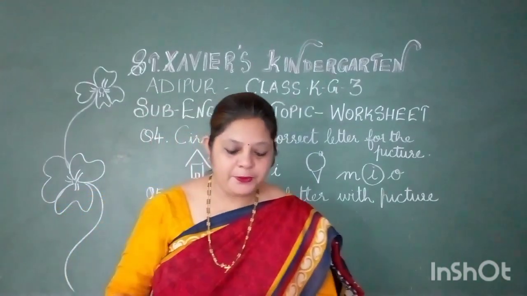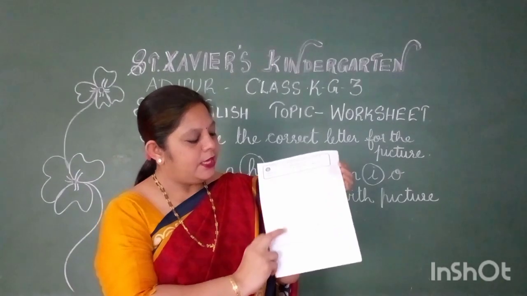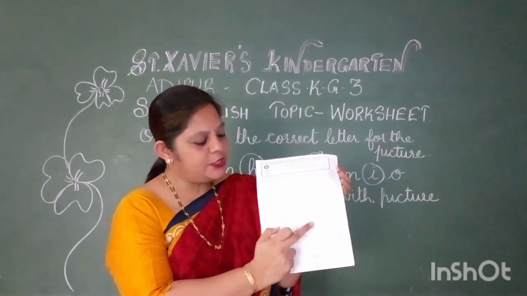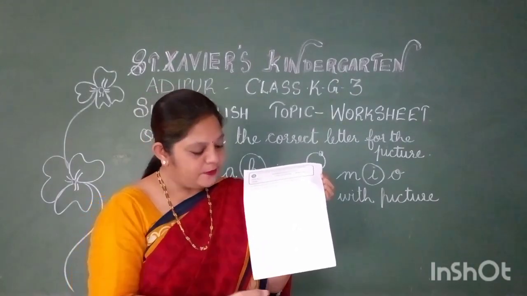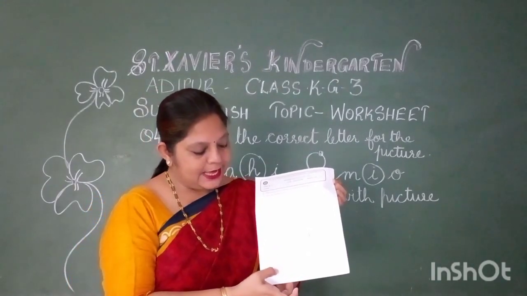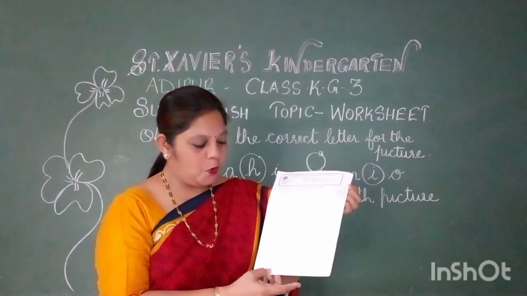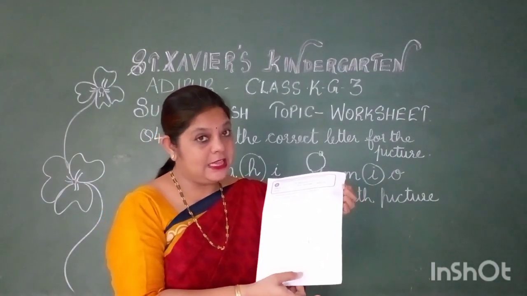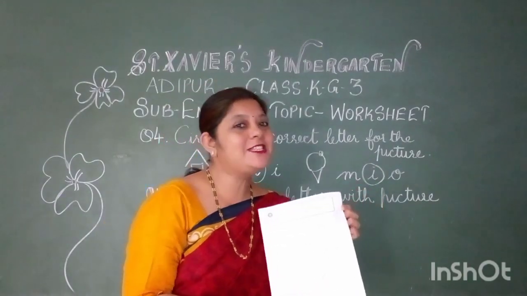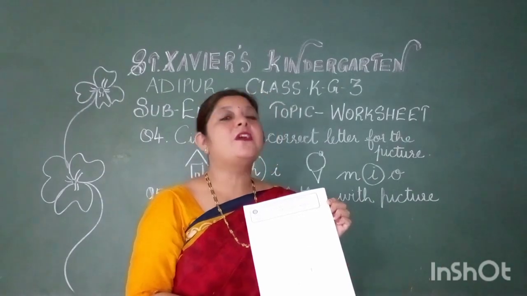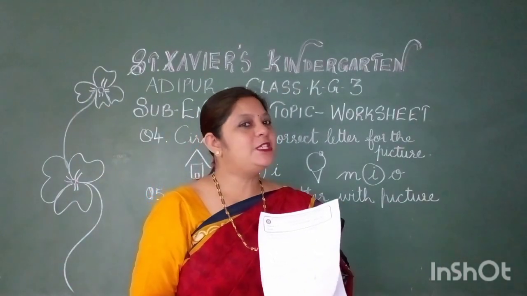Ma'am will show you. Yes, this is your worksheet. You all are having your worksheet with you. Yes, this is hut, ice cream, ball and mango. Right? And A, D, L, N. Yes, it's L, leaf. No, it's L. Okay, you all are very much well versed with it. It's S, sun. Correct. So now you have to turn your worksheet and let's see what is there in the